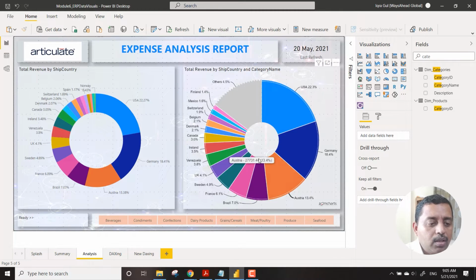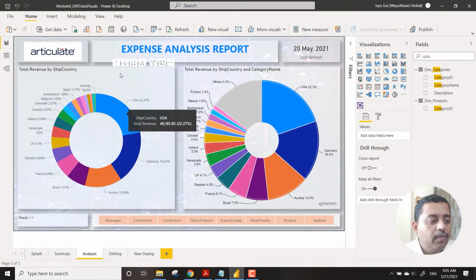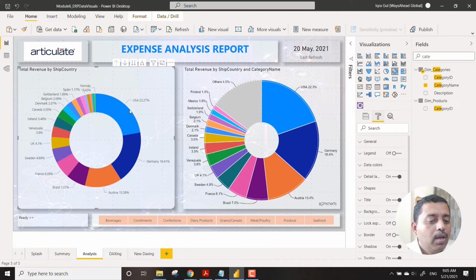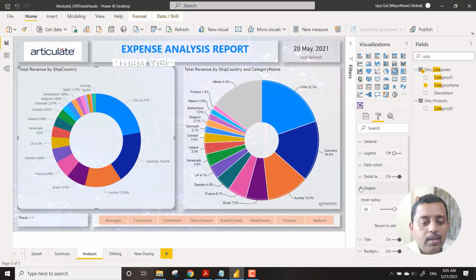So this particular chart is similar to this chart. The only difference, and if you really want to make it similar, I will just show it to you. This ring actually, there is something called shapes, and you can see the ring. So this ring can be adjusted, and you can see that I can take this to, let's say, 40 radius, and it will look almost similar.